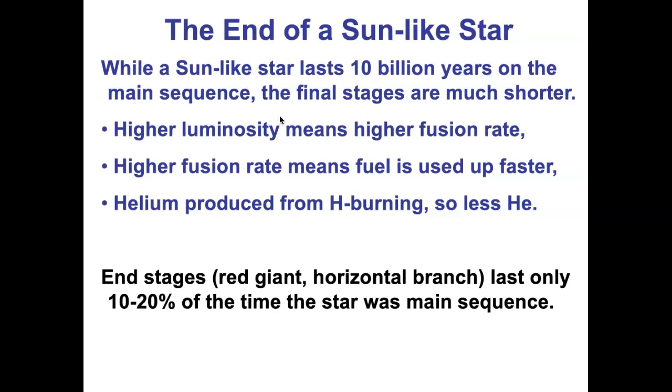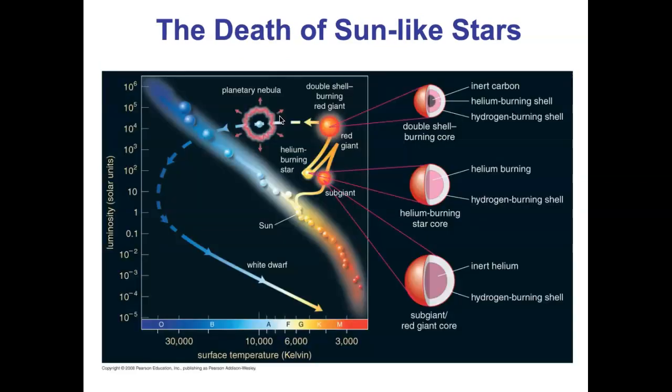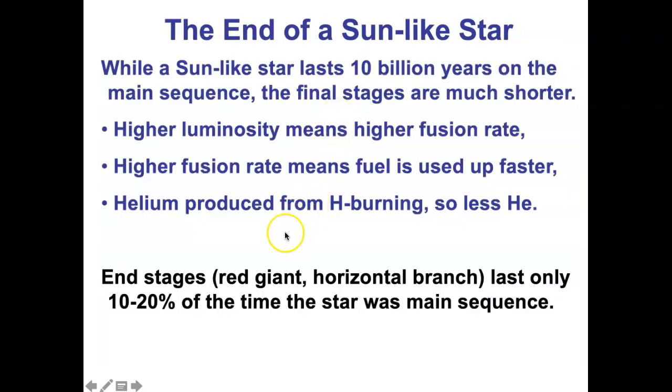The sun has lived at this point for about 10 billion years. 90% of that lifetime has been just sitting there on the main sequence, a nice stable main sequence star just like the sun is today. That last 10%, the last about a billion years of the sun's life, is spent with it climbing up the red giant branch, then becoming a horizontal branch star, climbing back up the red giant branch, and as it's doing that,